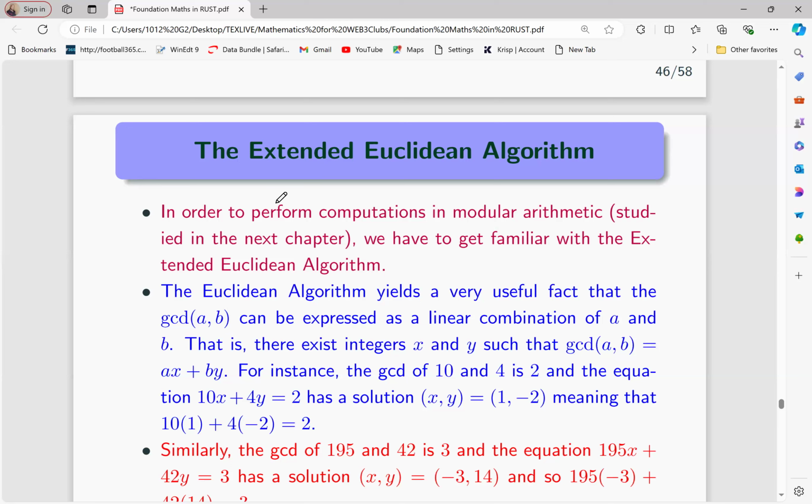What I mean by that is that apart from the Euclidean algorithm giving us the GCD of the two numbers A and B, it will also find factors X and Y such that this GCD can be written as a linear combination of A and B. So it will also determine solutions X and Y,